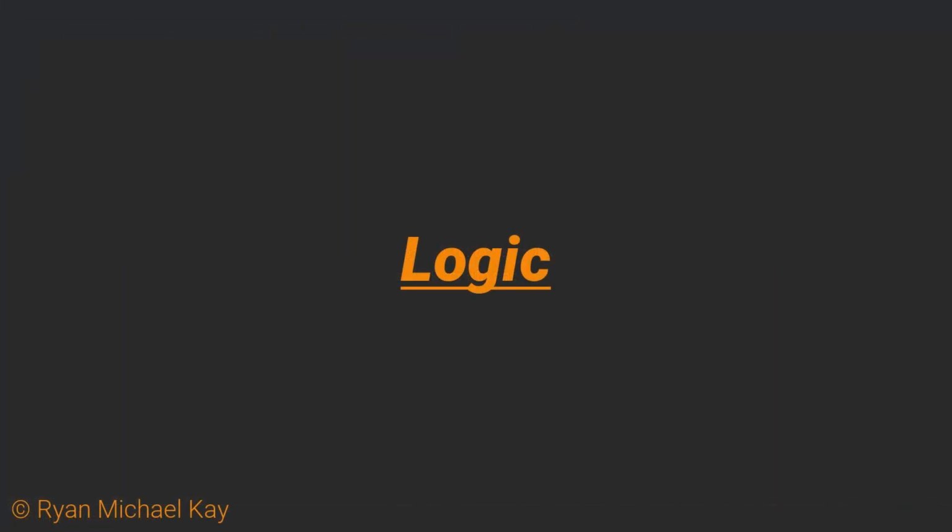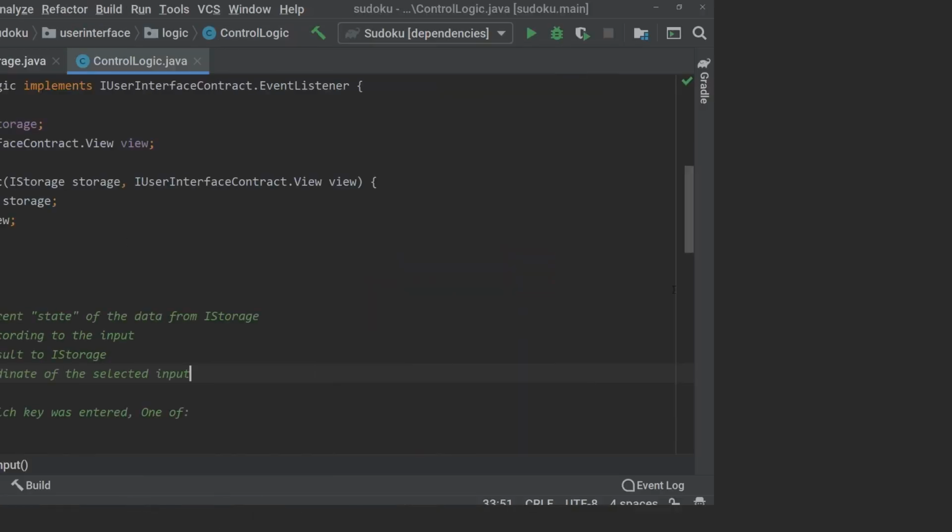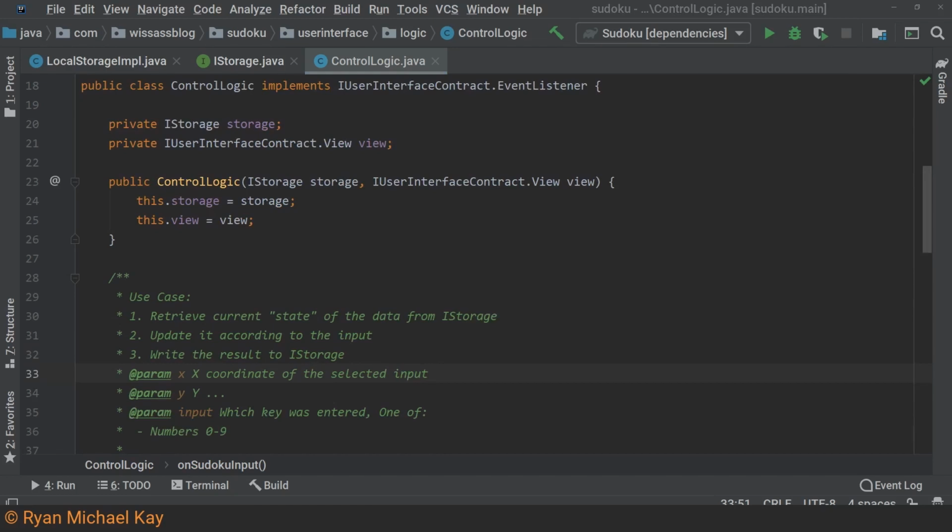Finally, we come to logic. Again, some good news. I have already explained to you the different types of logic. We can think of control logic as a controller or presenter, or honestly even a view model depending on how you use it. It handles events and it coordinates between the other layers or classes. In this Sudoku app, I have a class which is literally called control logic. As you can see, it holds references to the view and the storage by interface. This makes it easier to test as I do not need to deploy the application and have a real view or real persistence mechanisms behind these interfaces.